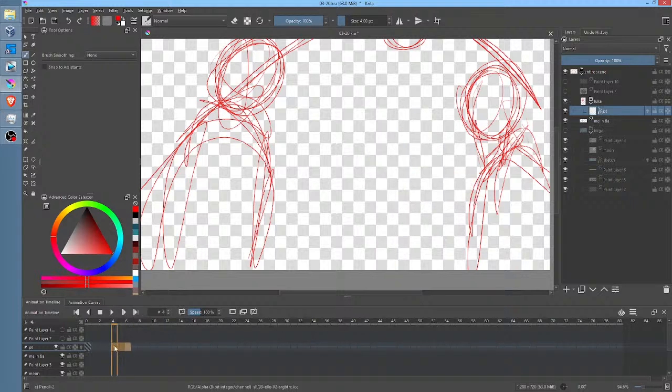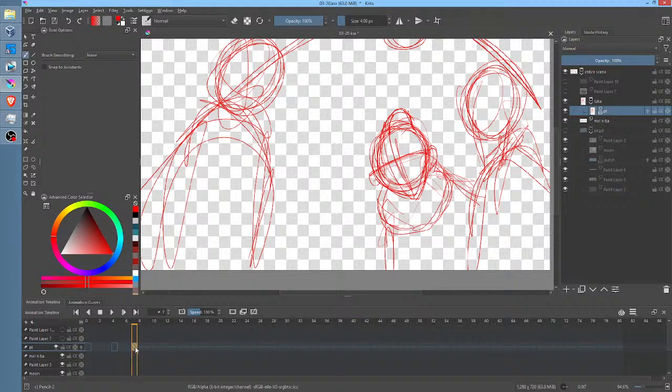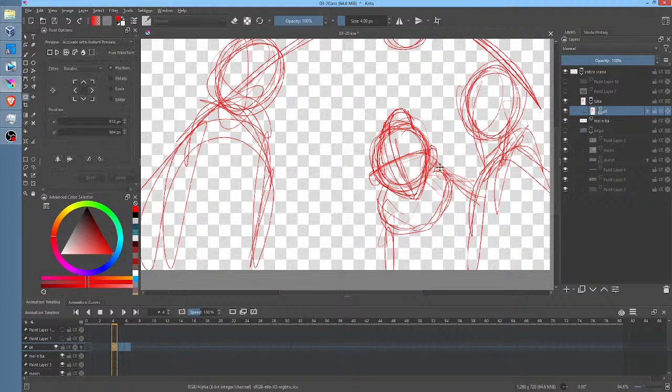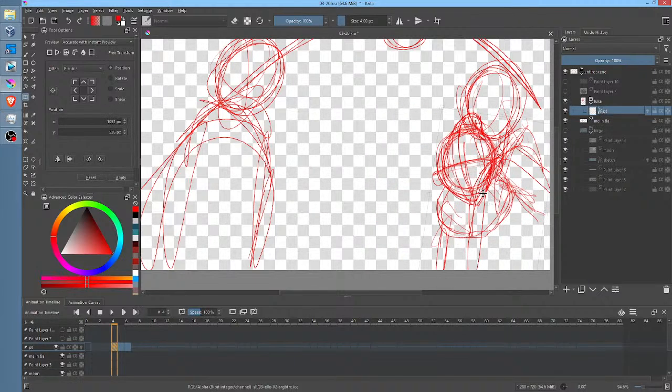So let's just insert a keyframe here, effectively blank keyframes. And now, if this is the landing spot, then what I'm going to do is this is just for reference real quick. What I'm going to do is go here and here. I'm just going to copy these because let me think about how I want to do this. I think I'll do an ease in at the end. So I'm going to go like this.